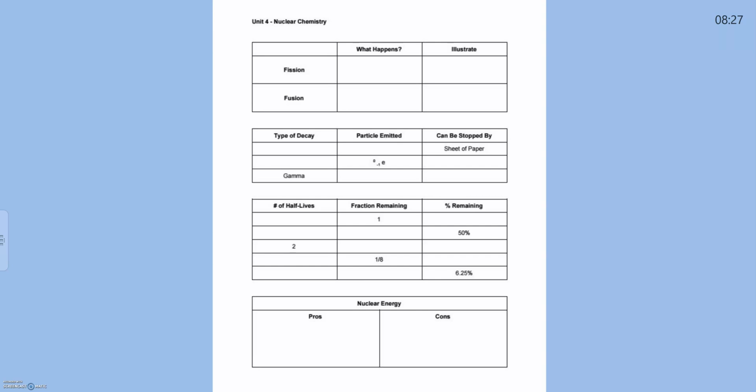Alrighty, so this is Unit 4 over nuclear chemistry. This matches SPS4 from the Georgia Standards of Excellence for physical science. This is nuclear chemistry, so we're looking specifically at the nucleus of the atom. Everything that we do here, we're no longer working with electrons, we're now looking at the proton to neutron